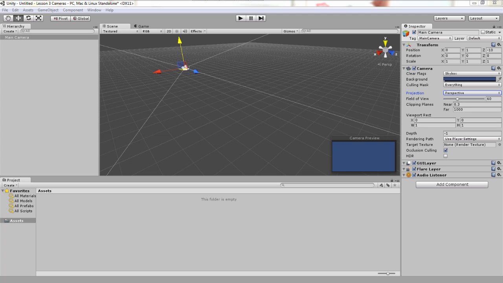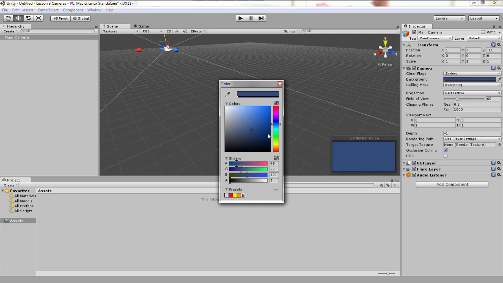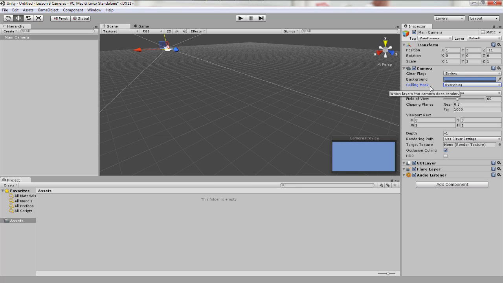First of all, we need a scene setup or else we won't see anything with our camera. Since this lesson is about cameras, let's position our camera first. Select the preset camera in the hierarchy window, and in the inspector window, we're going to change its position. Let's position it at 1, 3, -11. Make sure the settings are clear flags, skybox, background. We'll choose a nice sky blue, culling mask, everything, projection, perspective, field of view, 60, clipping planes of 0.3 for